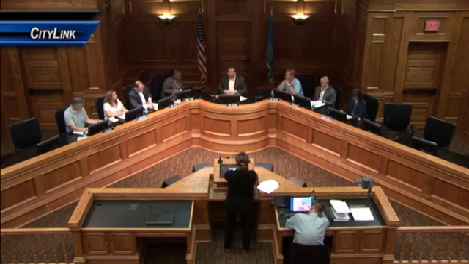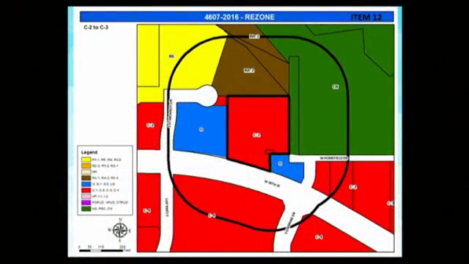Item 12, 4607 2016 rezone from the C2 Commercial Neighborhood and Streetcar District to the C3 Commercial Community District for allowed forms located north of West 26th Street and east of South St. Michael's Circle. Good evening, I'm Diane DeCoyer. Excuse me, Diane, if I may, real quick. Sure. If anyone in the audience was here for items 1 through 11 on the consent agenda, those have passed, and you may feel free to leave. Just wanted to catch up on that there. Sorry, thank you. That's okay.